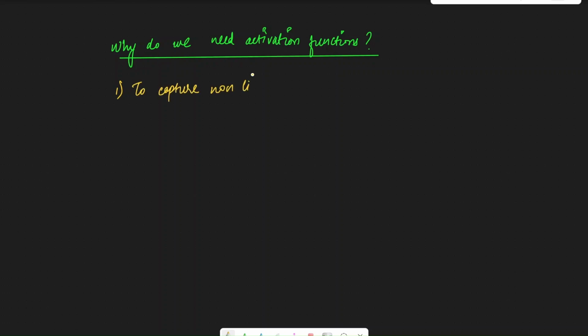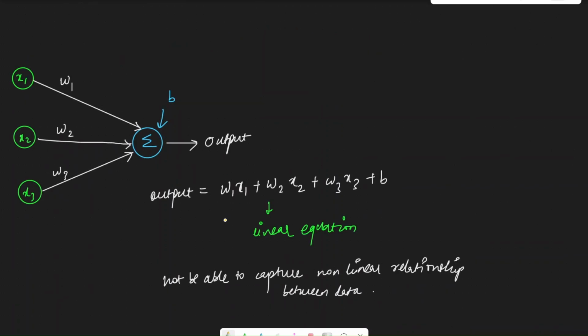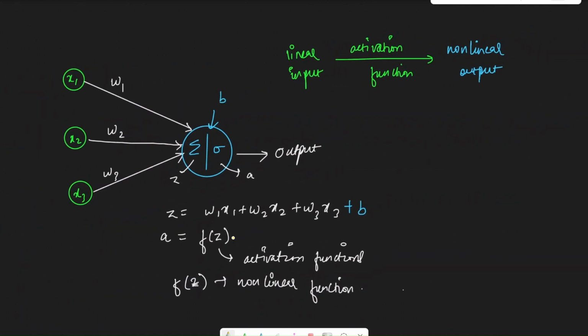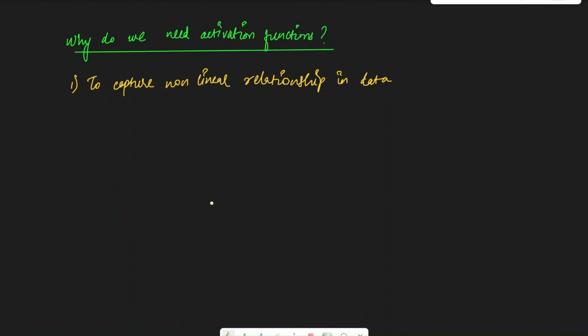to capture nonlinear relationship in data. If you look at our previous example where we were not having any activation function, then in that case, we were just having a linear equation and we were only able to capture the linear relationship. But as soon as we applied an activation function in the neuron, we were able to capture the non-linear relationship because this was adding non-linearity to the data. So that's why in order to capture the non-linear relationship that actually exists in real world data, we need an activation function. Now you would think, what is this non-linearity?